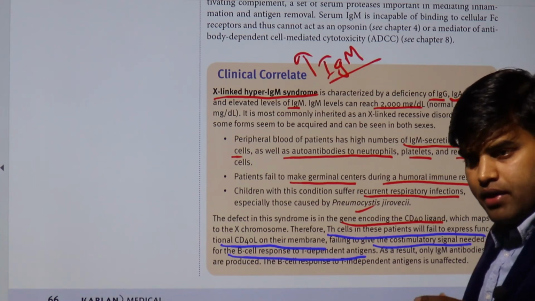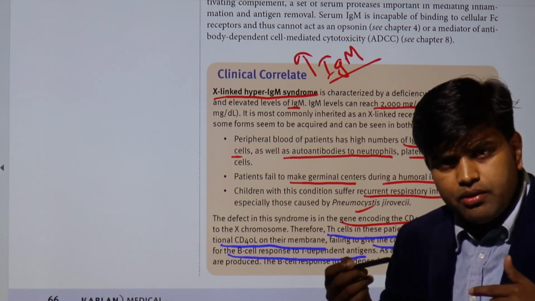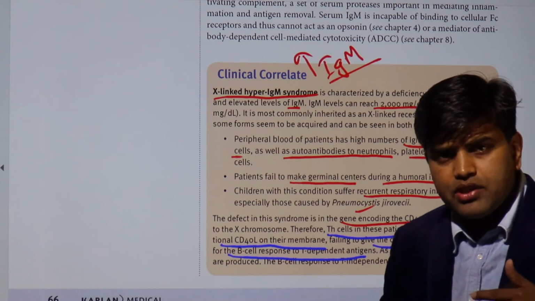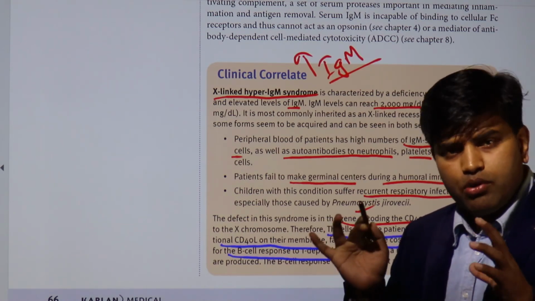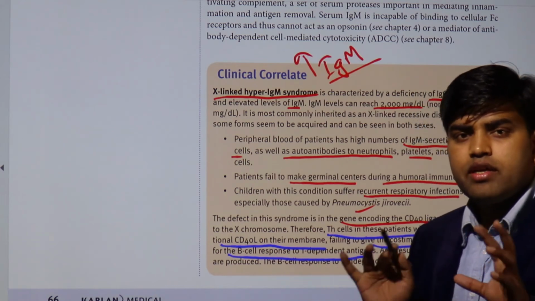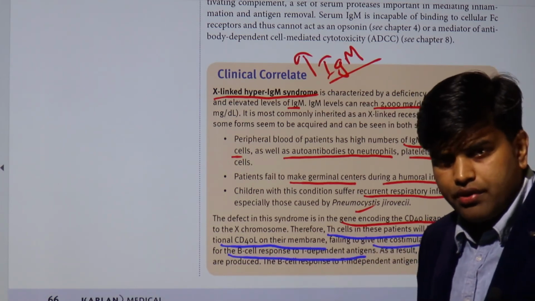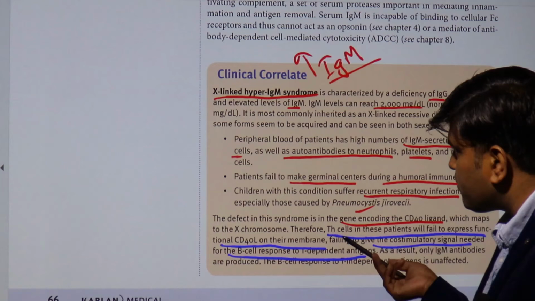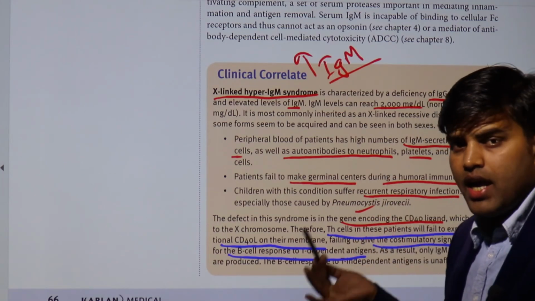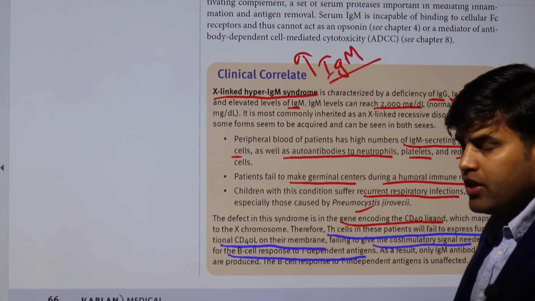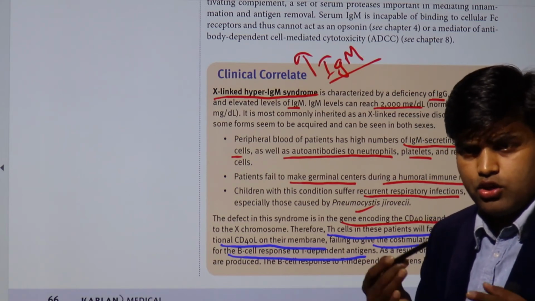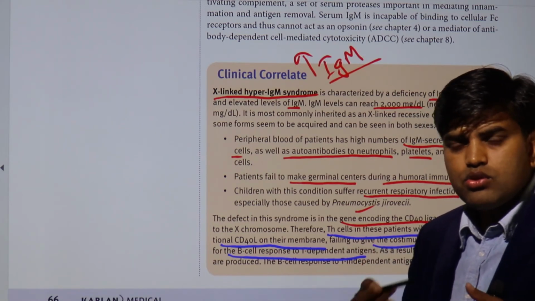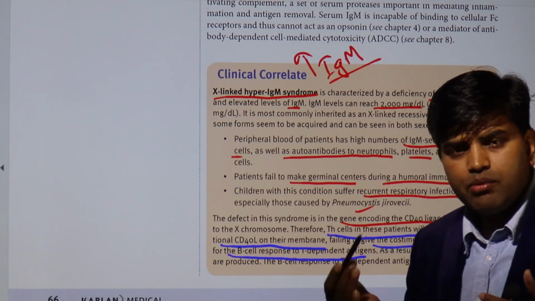So what is happening? The T cell that should give a co-stimulatory signal, activate the B cell and convert it into the plasma cell, that process is not there. So immunoglobulin M is forming, but immunoglobulin class switching is not occurring. There will be a high IgM level in the body, but deficiency of other immunoglobulins, and this mainly affects T cell dependent plasma cell activation, that is thymus dependent. So there is no formation of other classes of immunoglobulin: G, A and